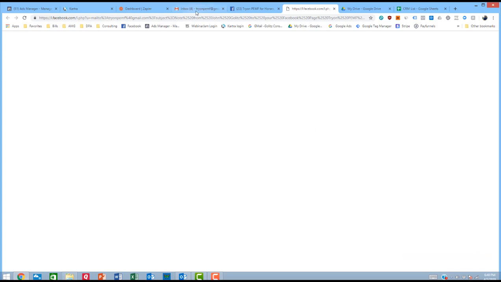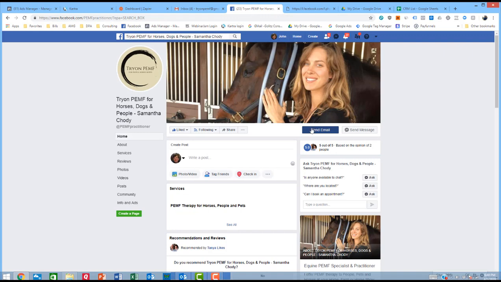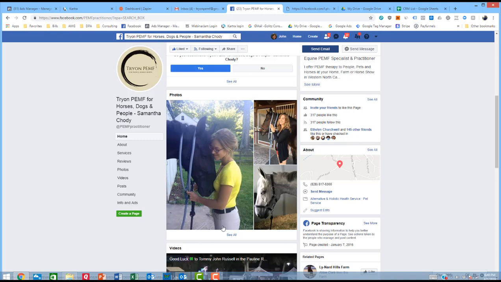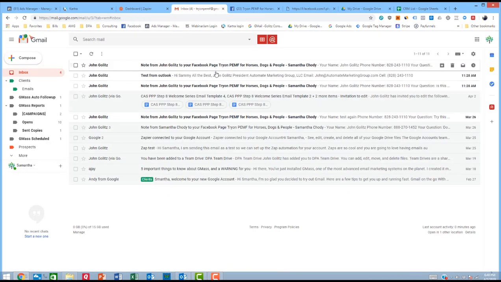So let's go see if it worked. Hey, so for step 1 definitely works. We're able to send an email. We were able to send an email from this button here from her Facebook page. And really you can have any post on there. You can say, for more information, send it to this email address. And any email that comes into her Gmail account